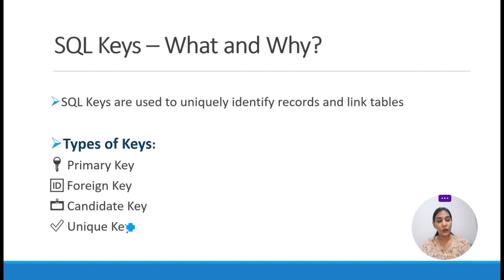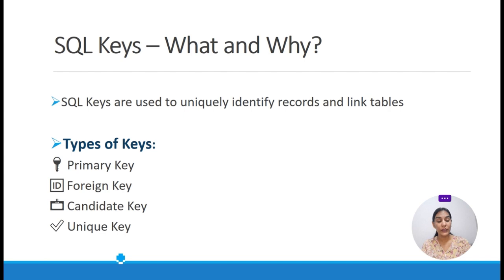So that means there is not a single key, there are multiple. But from among them, we choose one primary key. And when we are choosing a primary key among all the candidate keys present, we ensure that it should be minimal. That means if a candidate key has three keys with the potential to act as a primary key, the first has one attribute, the second has two, then the third has three attributes. So I always take the minimal one, which acts as a primary key with the help of a single attribute.